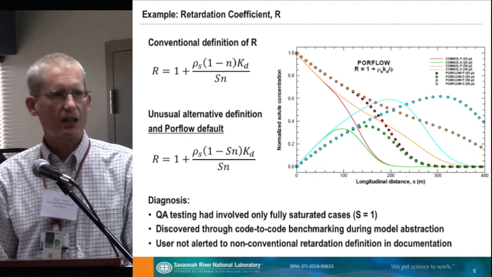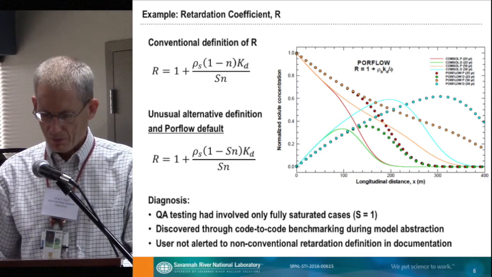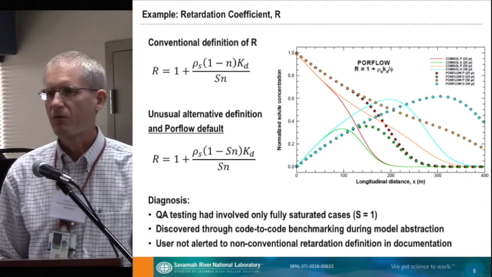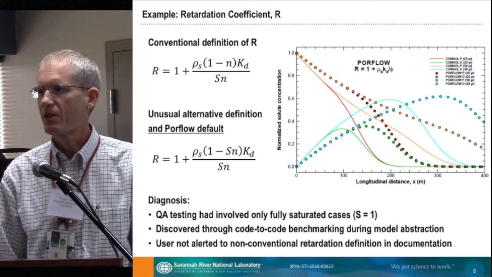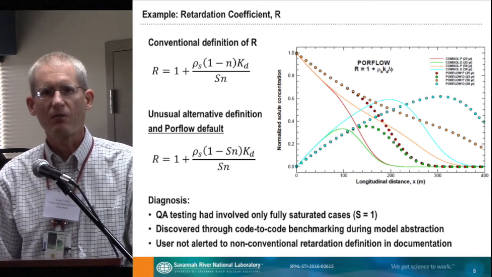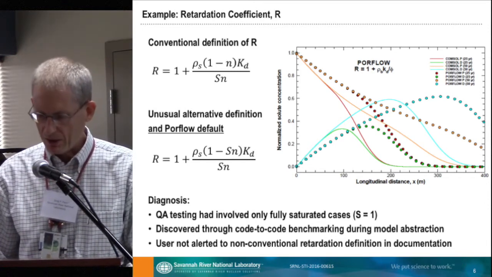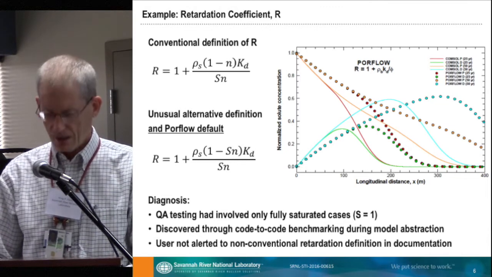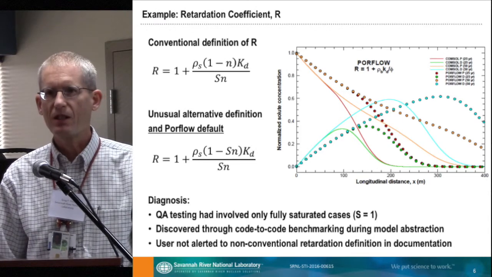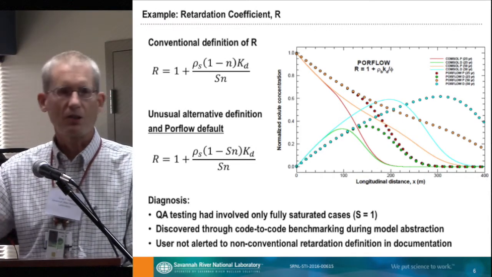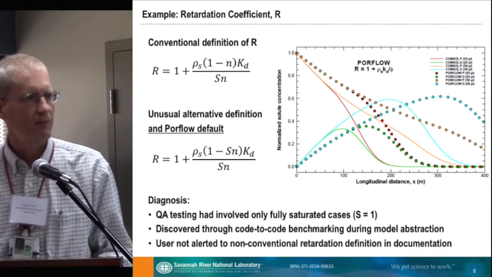So then we go back to the documentation. Well, basically, to its credit, the PoreFlow developers did document their definition of retardation coefficient, but it was certainly not called out that it was different than what most other people would define it. So that's a case where I would say it was maybe obscurely documented, and certainly I felt like the developer should have called that to the attention of a user, because if you're just looking at long lists, sets of equations, you're not necessarily going to pick it up. Okay, next slide.